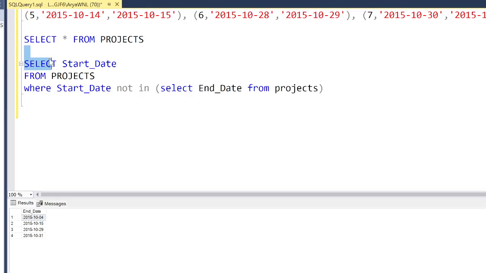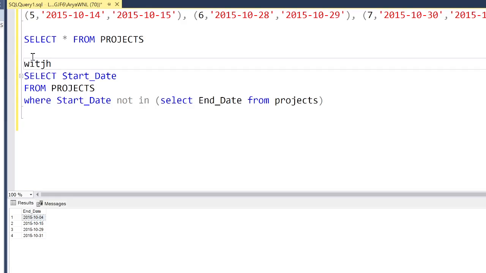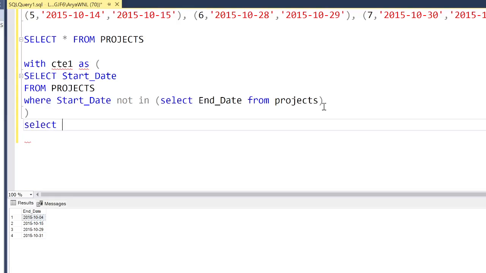So let me create this as a CTE. So with CTE as, right, let me call this CTE1. So with CTE as this, I will say select start date